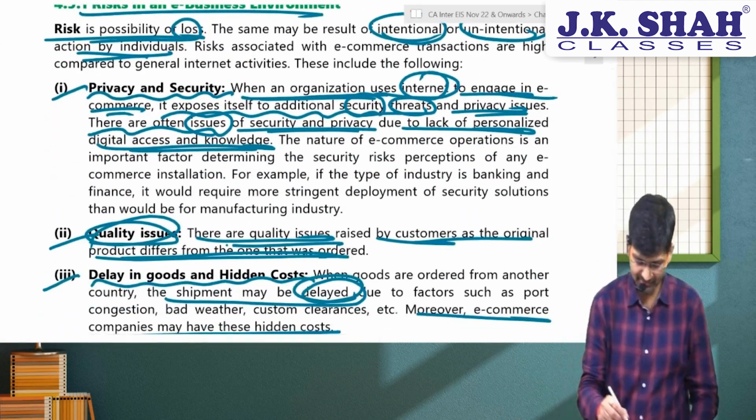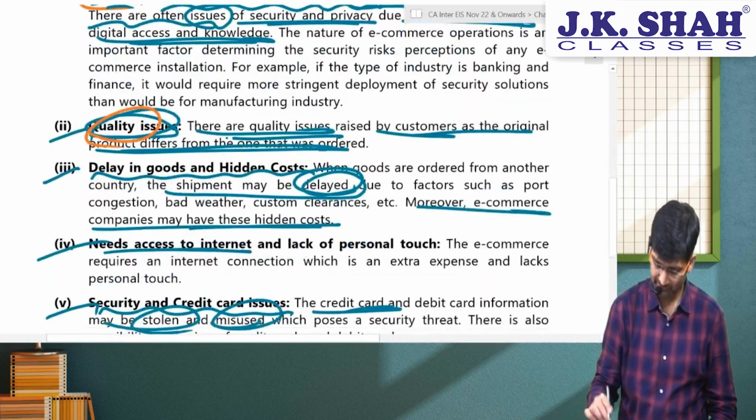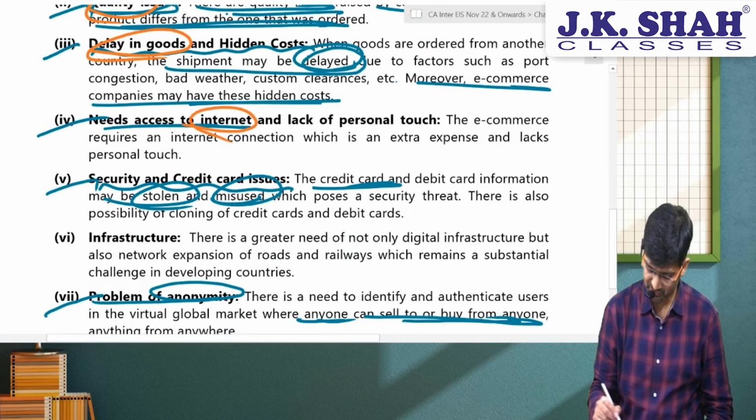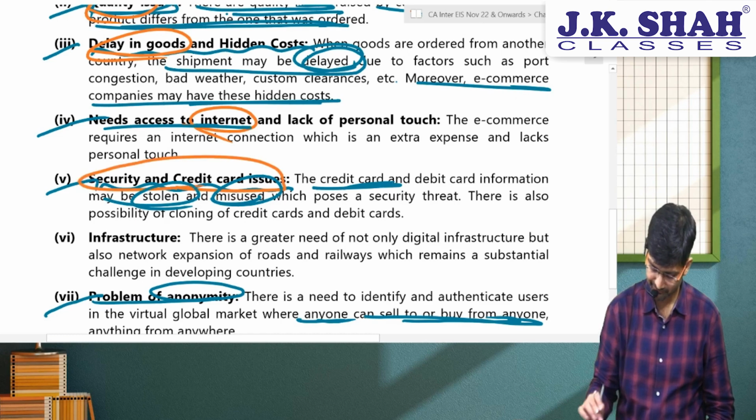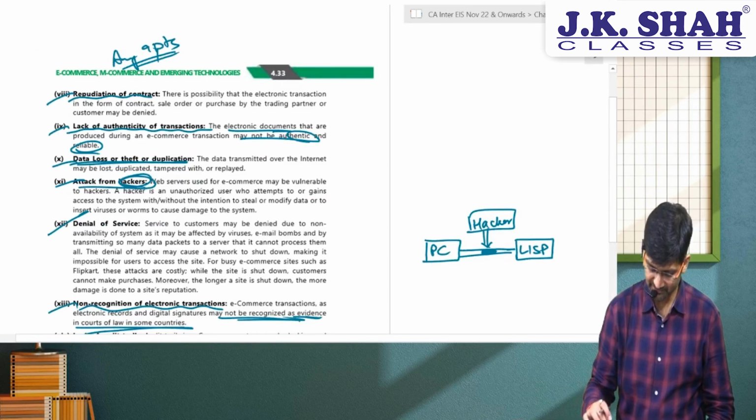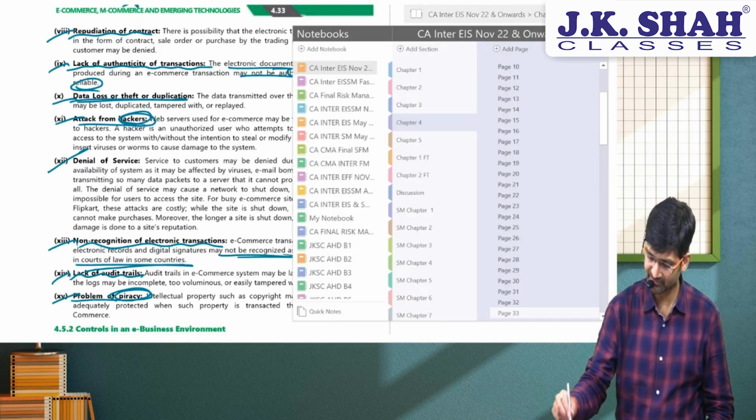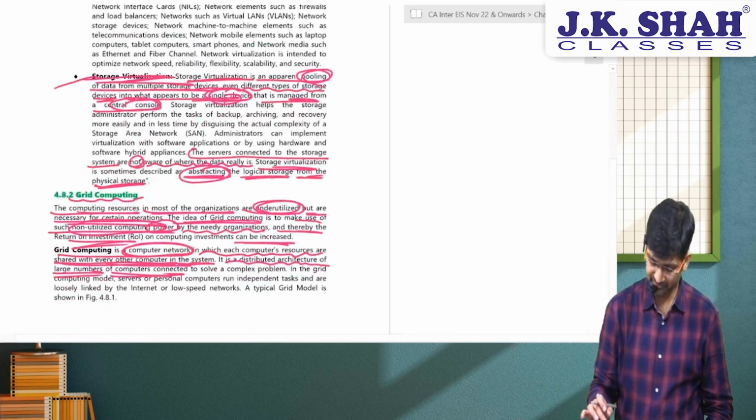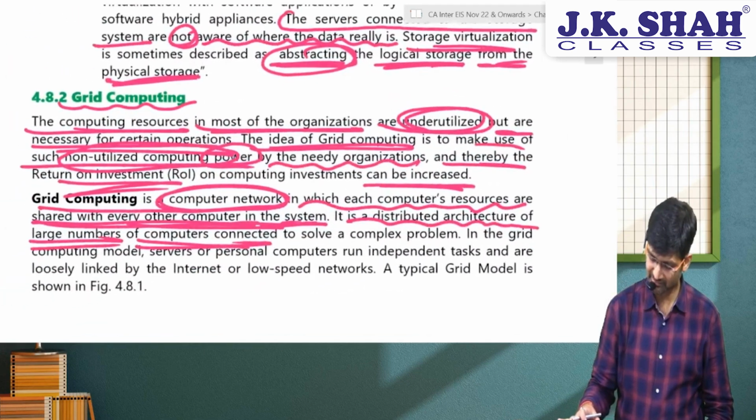Okay, privacy issues, quality issues, delay in goods, internet issues, security issues, the various points that we had discussed, several points that we had discussed in this. And the second one, even the grid answer. So this was grid computing, underutilized resources being used,